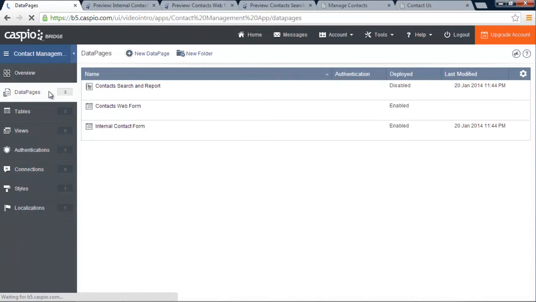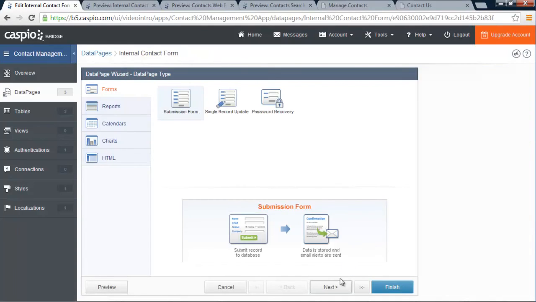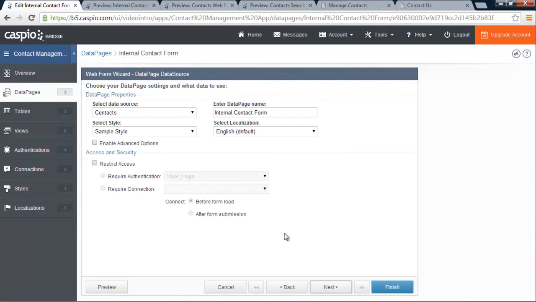So let's go back to data pages, and the two data pages that need to be password protected are a report and also our internal contact form. So let's go ahead and apply the authentication to this form. Let's click next, and if you recall from earlier in the video, I had left this area blank. Now I'm actually going to apply this authentication to our form. So we have to enable this checkbox for restrict access, and we're going to go ahead and apply the user login authentication that we just built to our submission form. Click finish,